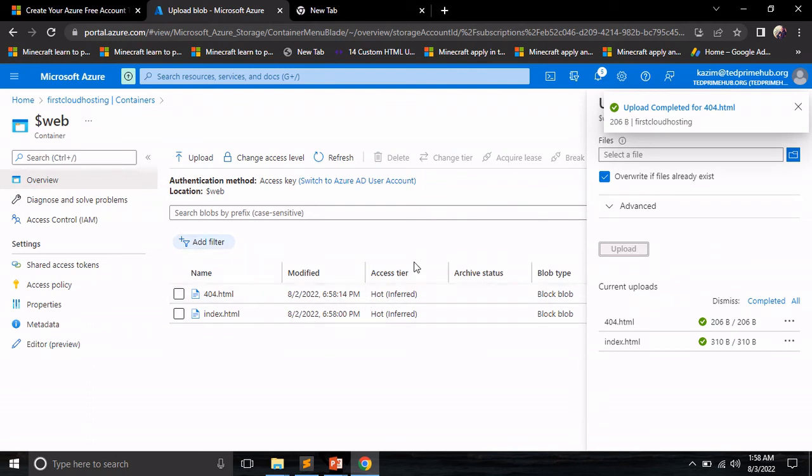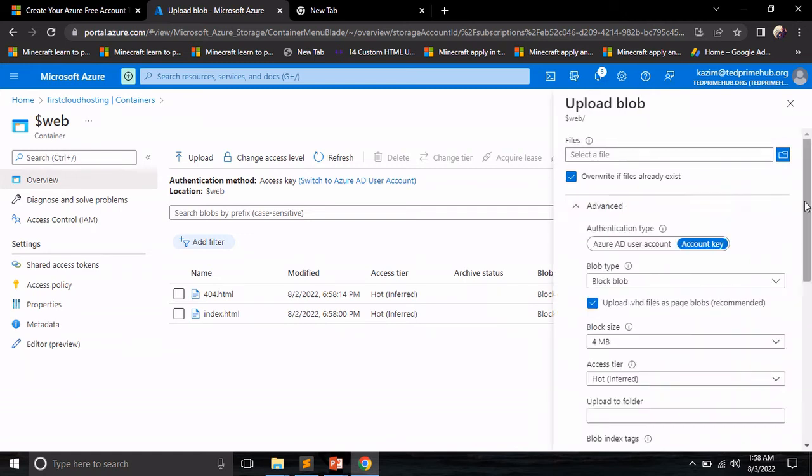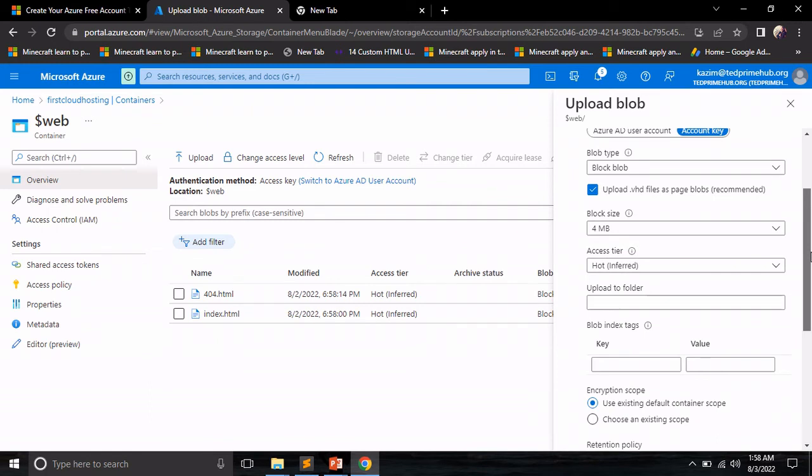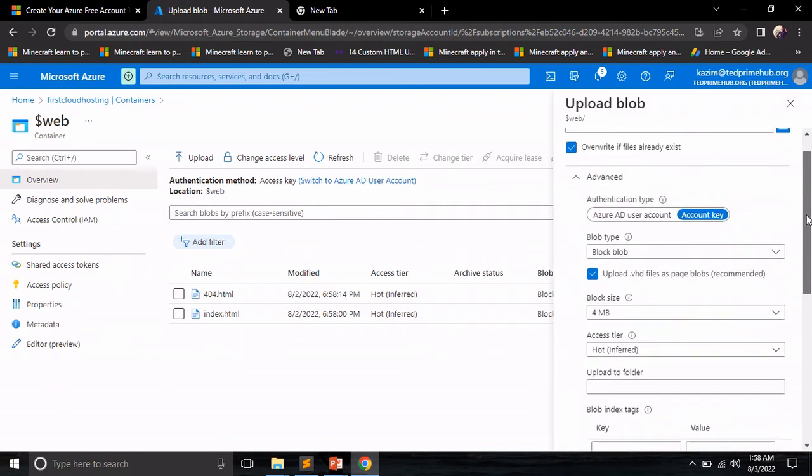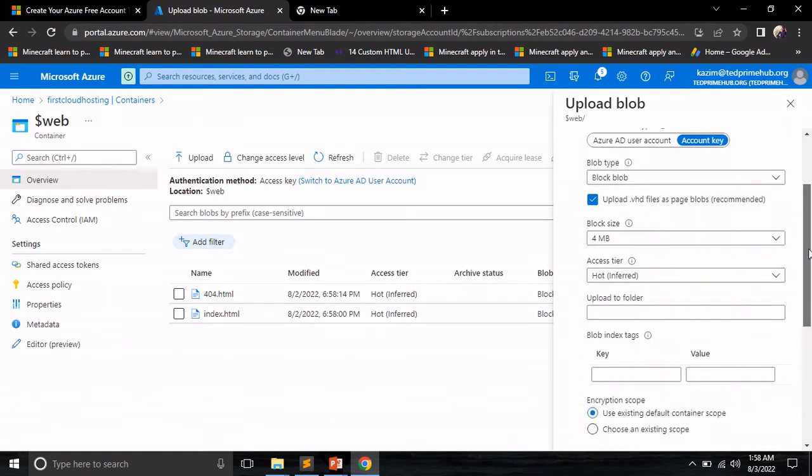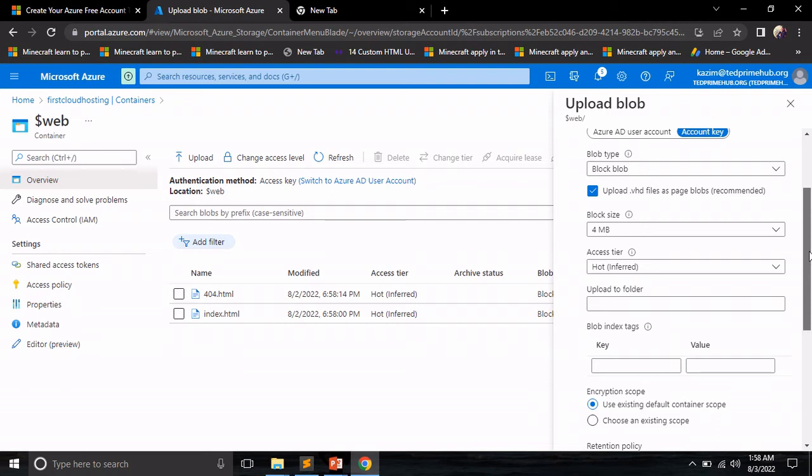Then I have a folder there that I want to upload as well, because it's going to affect the linking, the part that I've created there. So if you don't want to upload the folder and you just want to upload the document, it means you have to edit the part that you specified in your HTML document, or you can just upload